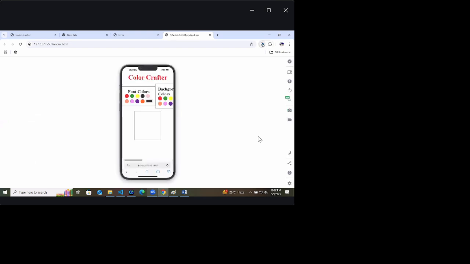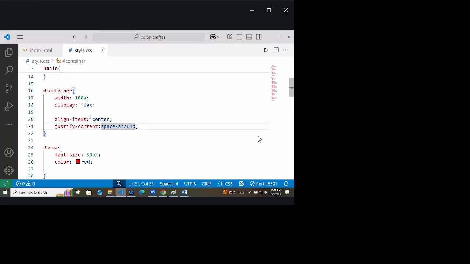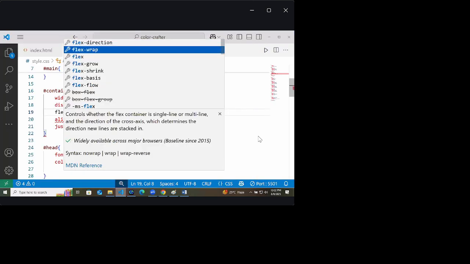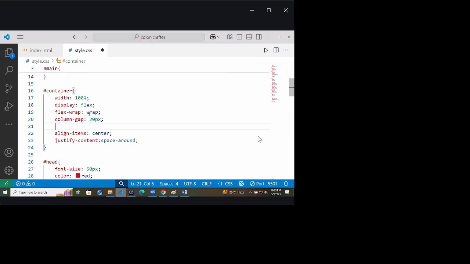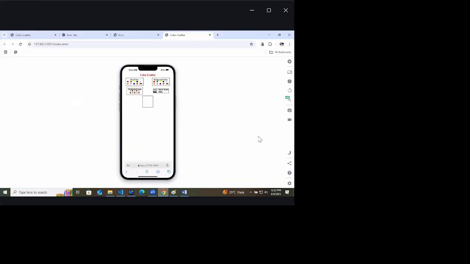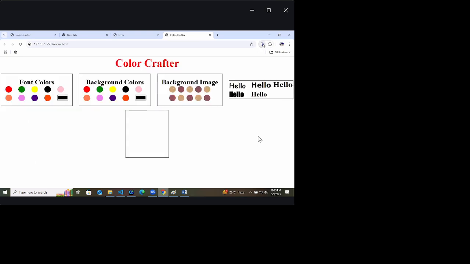In mobile like this. So give flex wrap to it. Wrap and attach a column gap of 20 pixels and a row gap of 20 pixels. Sorted. Now it will look like this in mobile and like this inside a laptop.